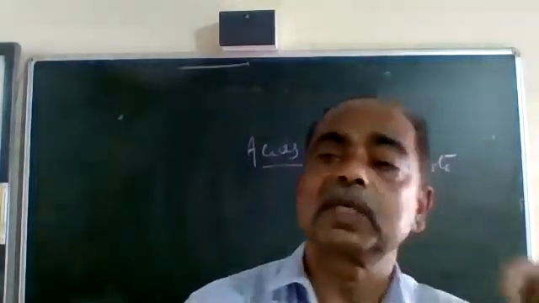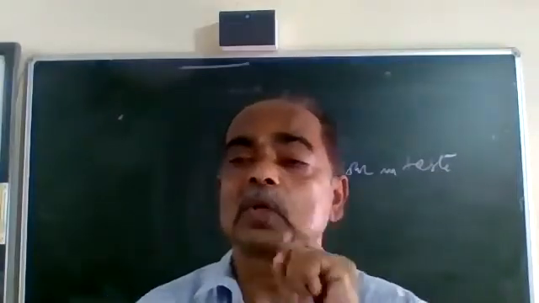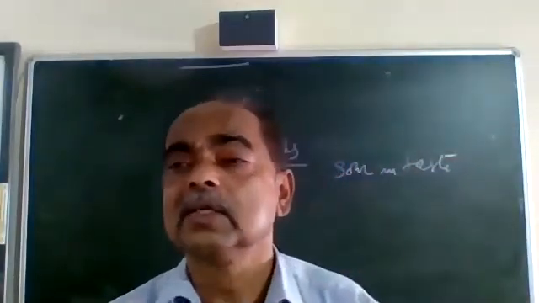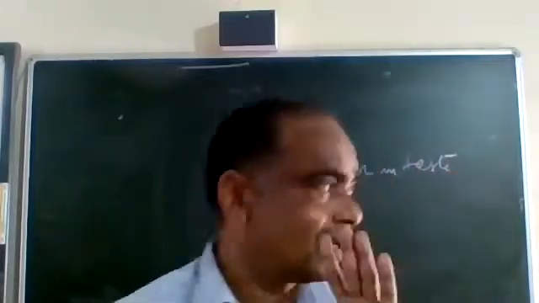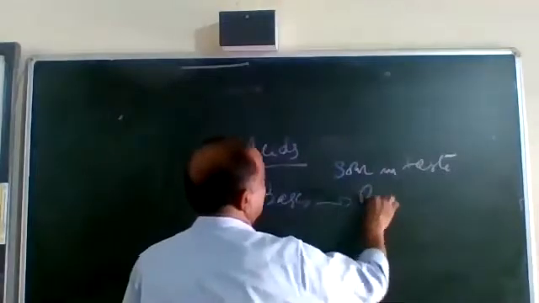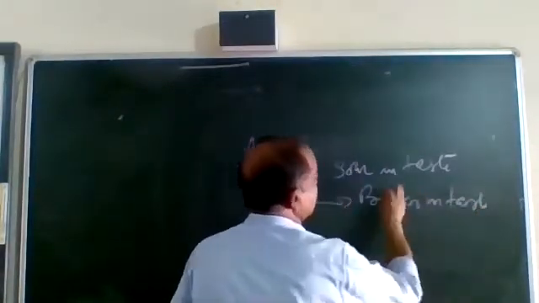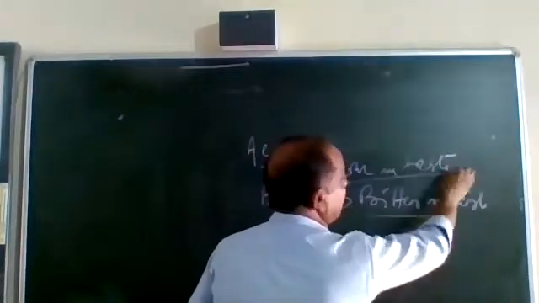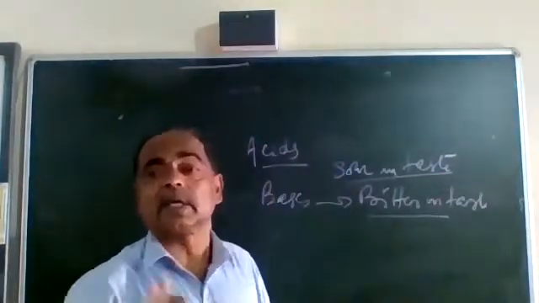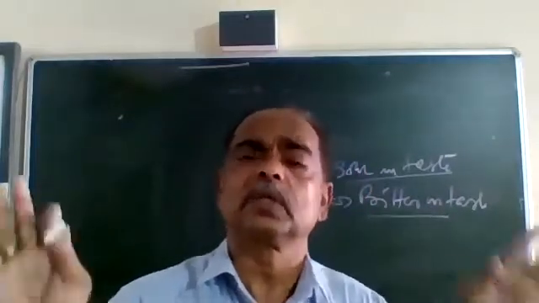Acids, normally we say, if you take lime juice, it is sour in taste. Citrus fruits, all these citrus fruits have got acids in them. So these are acids. And bases are bitter in taste and acids are sour. These are physical characteristics. But remember, taste is the last option. So we leave out that.